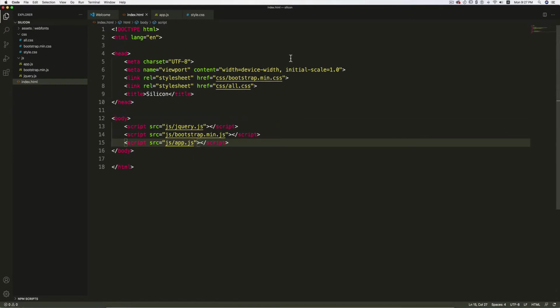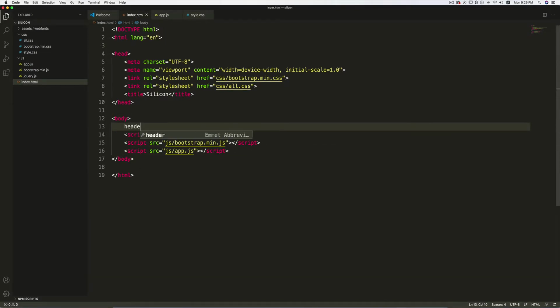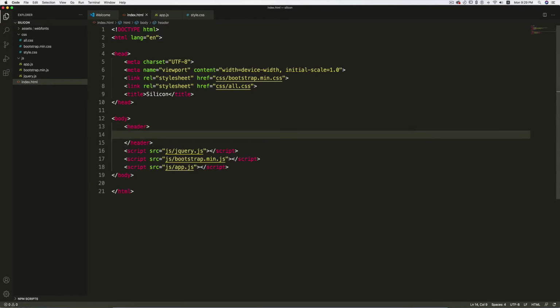So we have the folder structure and we linked all the files. I'm going to link the particle file and the animate on scroll JS file afterwards, but right now the basic structure is created. And now let's work on the header section of our page. So inside the body tag I'm going to create a header, and inside this I'm going to create the nav tag, and here I'm going to specify some classes to it.